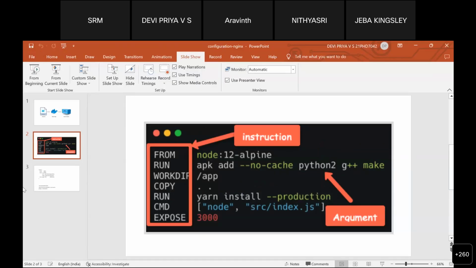So now we can go to how to install a Docker engine. For that, you can go to this link. It is available in the Docker docs. I'm copying this.